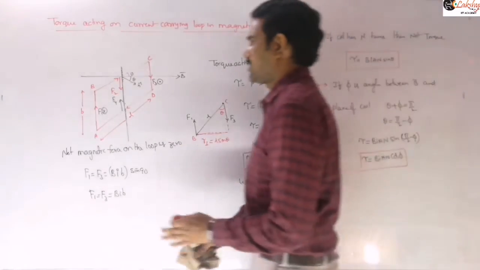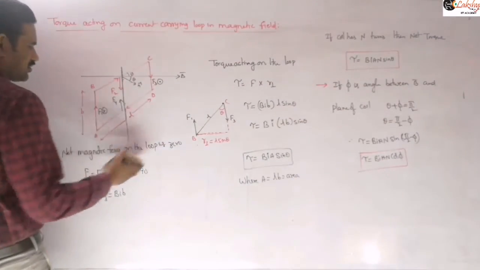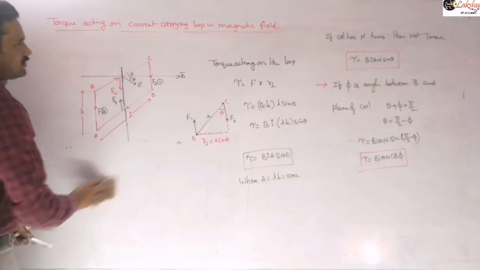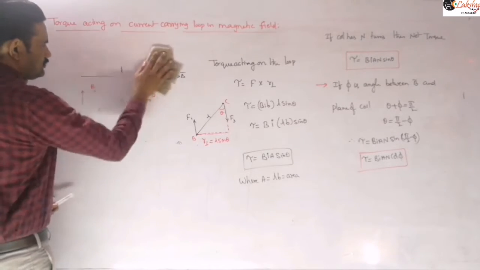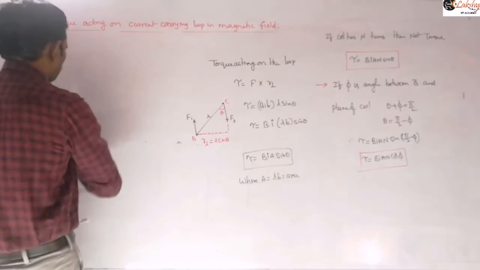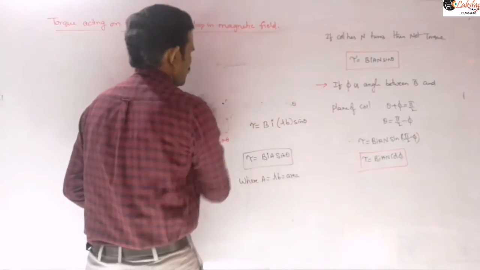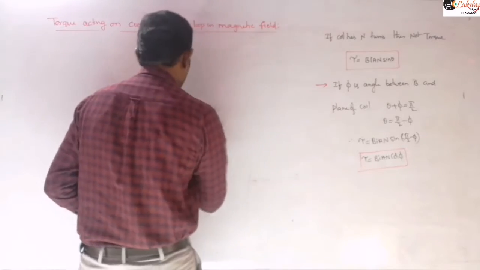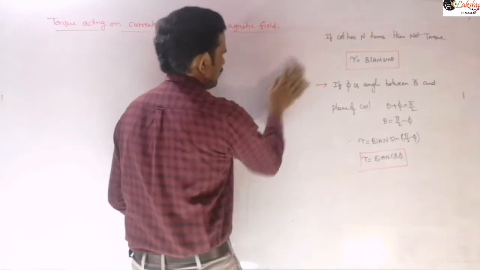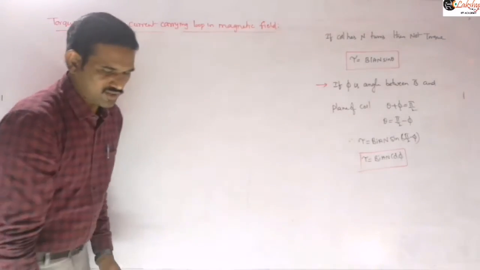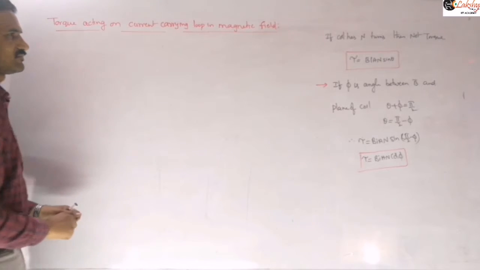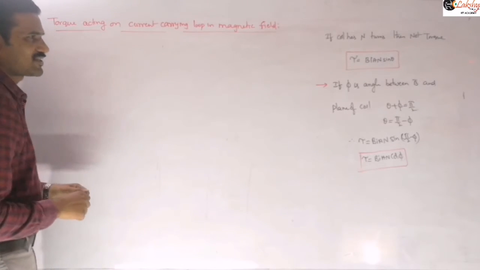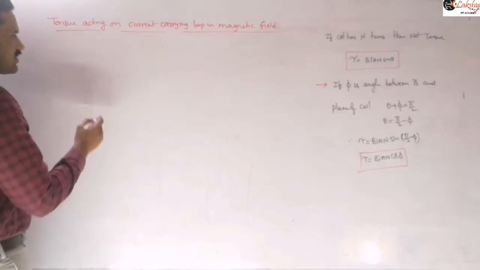Let us consider when this torque becomes maximum and when the torque becomes minimum here. From this you can directly say that when theta is 90 degrees, the torque will be maximum, and when theta is 0 or 180, the torque will be minimum. And we can also express that in vector form. That means I can write here as